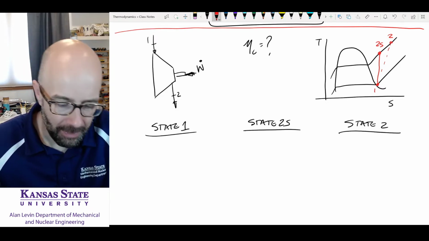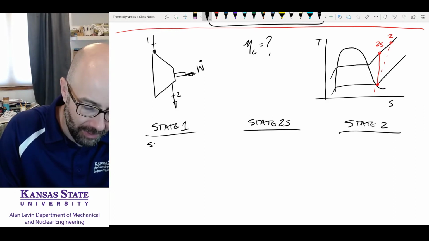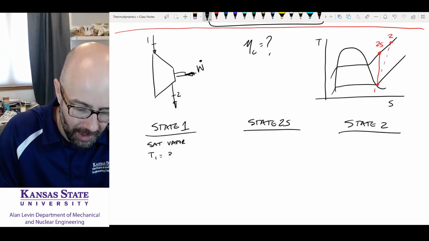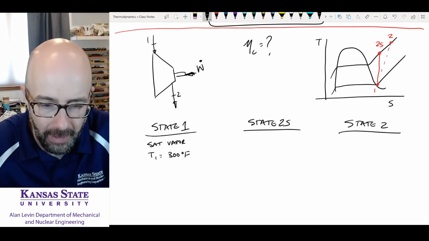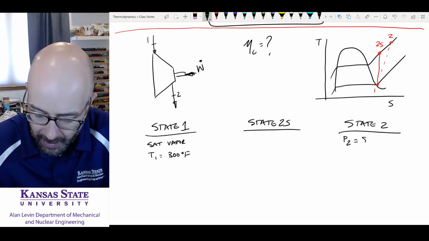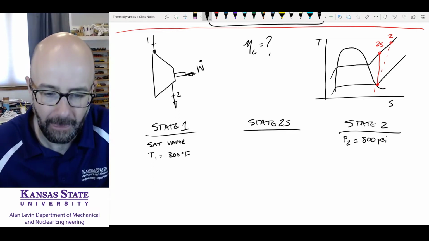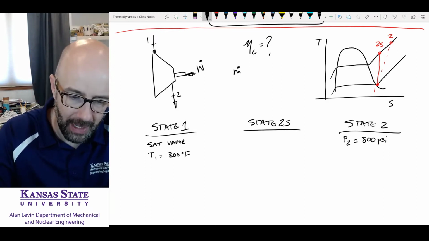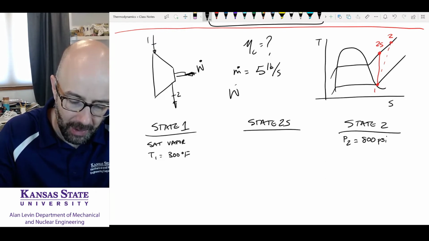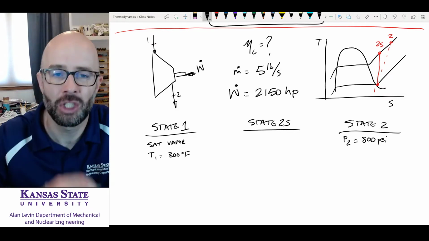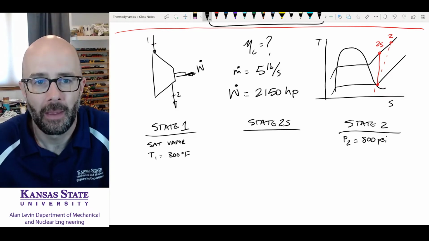Okay. The problem statement told me that state 1 was a saturated vapor at a temperature T1 of 300 degrees Fahrenheit. And it told me that the pressure at state 2 is equal to 800 psi. It also told me that the mass flow rate is equal to 5 pounds per second, and the power required is 2,150 horsepower, which is coming into our system. And they wanted me to